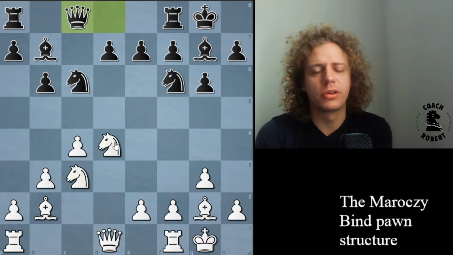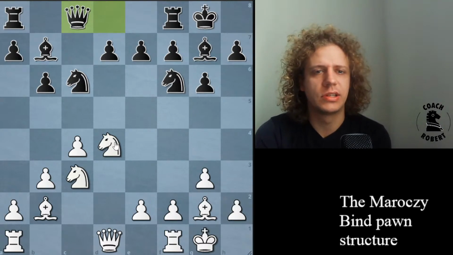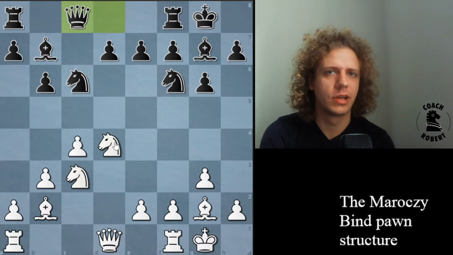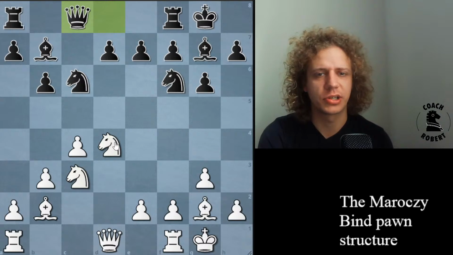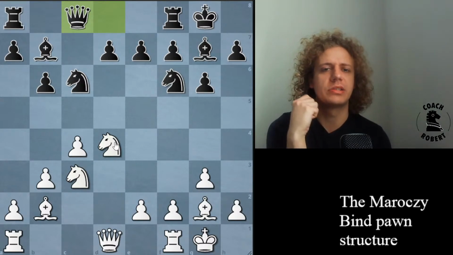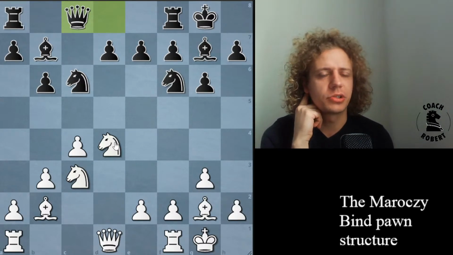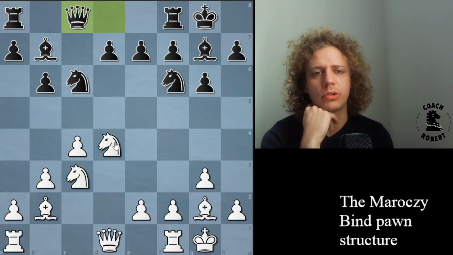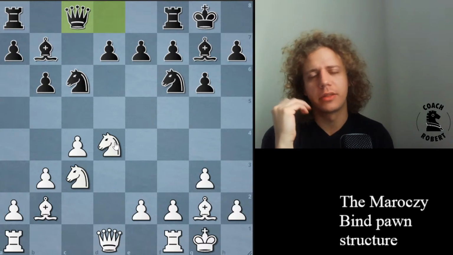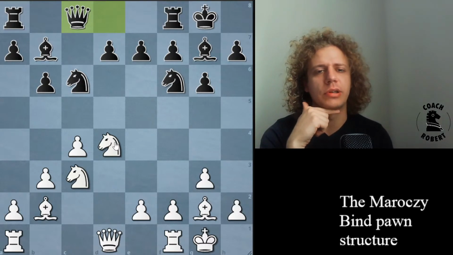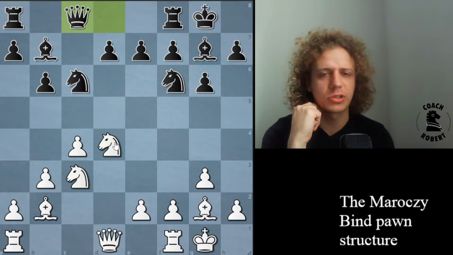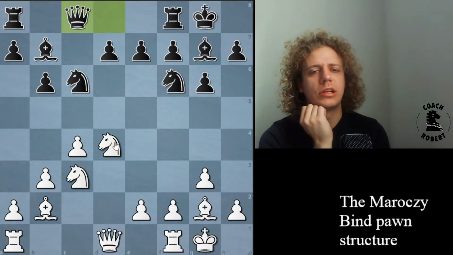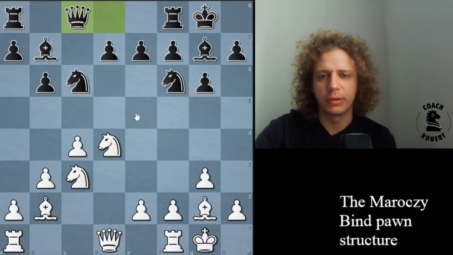But part of why we're playing c4 and e4 against this pawn structure is we want to not just prevent d5, so you should always check to see if they can play d5 anyway when you play the structure. But you're also playing for a space advantage. And if you guys are not sure about the strategic elements of a space advantage, you can check out my other live stream recording where I talk about space. I think it's called staking your territory or going too far, that kind of thing. Just search space on my channel, you'll find it. Anyway, so here I would not play e4 right away,